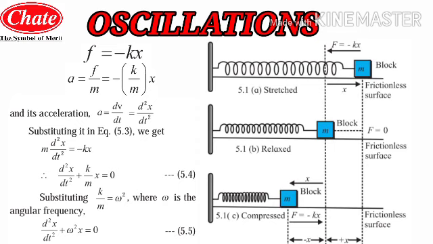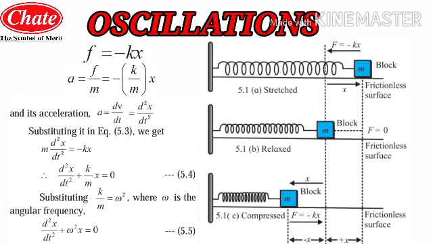But most students forget why the minus sign is provided with kx. The reason is that it shows the force and displacement are in opposite directions, since the restoring force arises from elasticity. So the force and the displacement are in opposite directions when you are applying the force. That is also one of the reasons that the minus sign has been written in minus kx. So F is equal to minus kx. This will be your equation number 1.